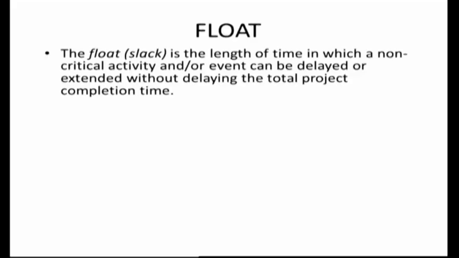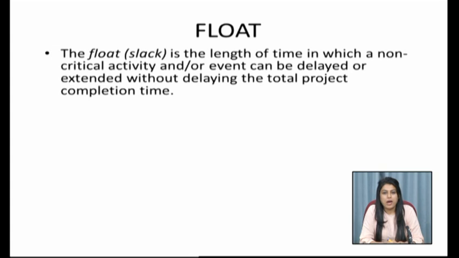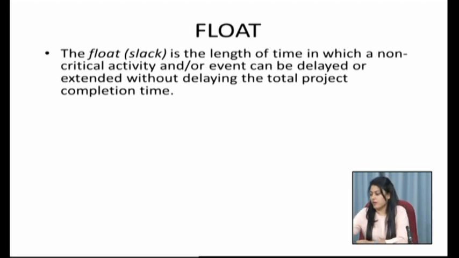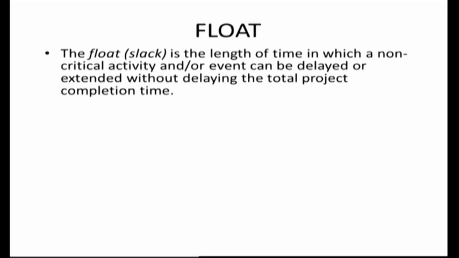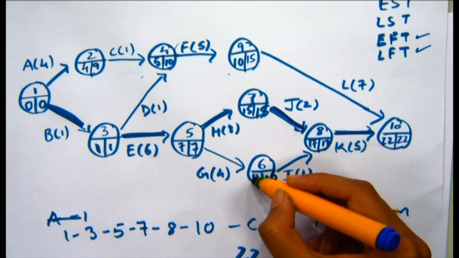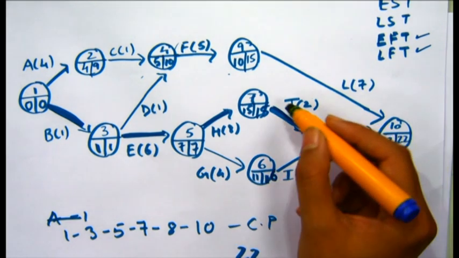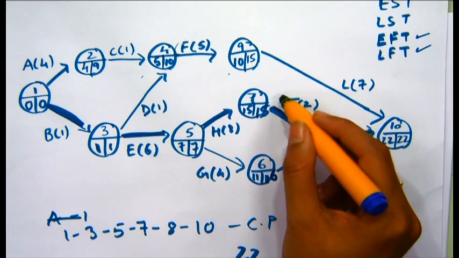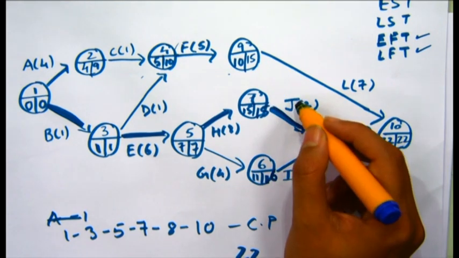The float or the slack is the length of time in which a non-critical activity and/or event can be delayed or extended without delaying the project completion time. For example, my friends, have a look here. We see here that this event I would be completed in 12 days before K can start, and K can only start after J and I both